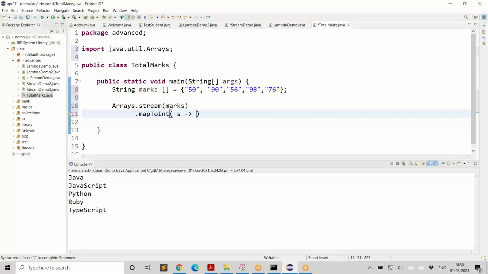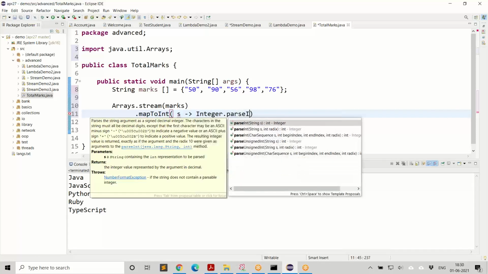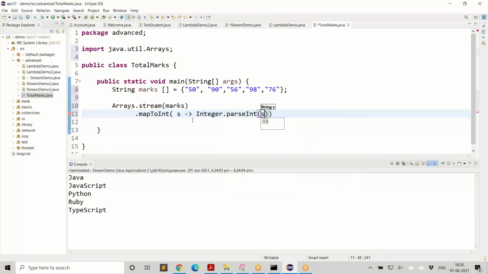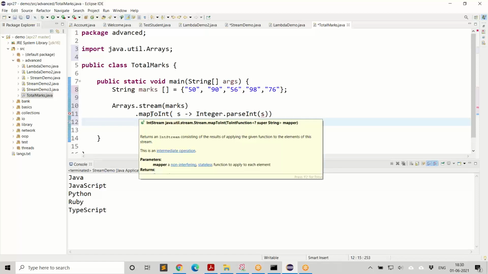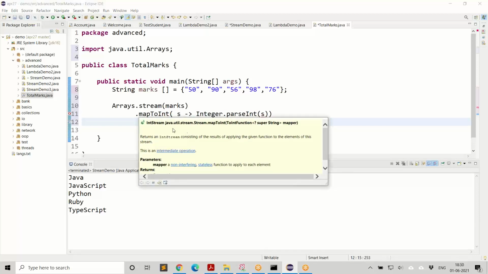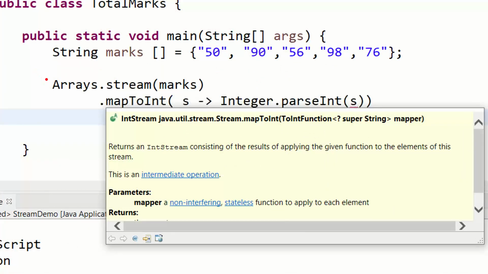This is the string and we want to convert that to integer. So how do we do it? Integer.parseInt of x. Done. You got it. So you are actually converting something like an array of strings to a stream of strings first. The stream of strings is then converted to a stream of integers. Look at that, IntStream.